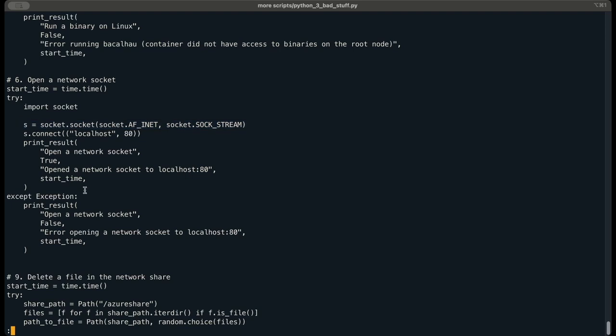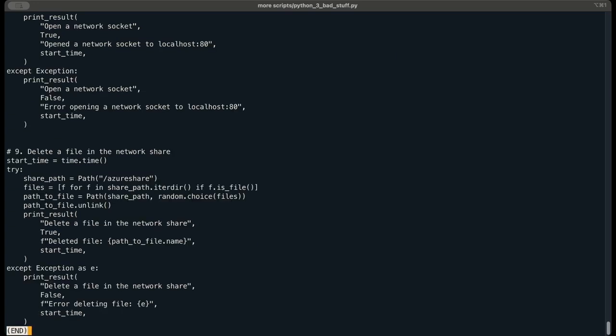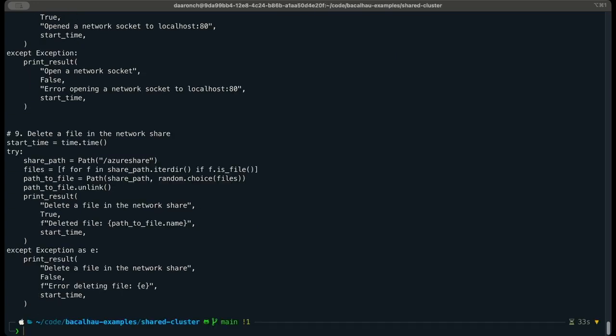We will try to open an arbitrary network socket, and we will try to delete a file from our network share. Again, the idea here is that these are common things that normally would require quite a bit of work to defend against. But with Bacalhau in its default security posture, it is able to defend against all these things on your behalf. So now when I type Bacalhau job run,